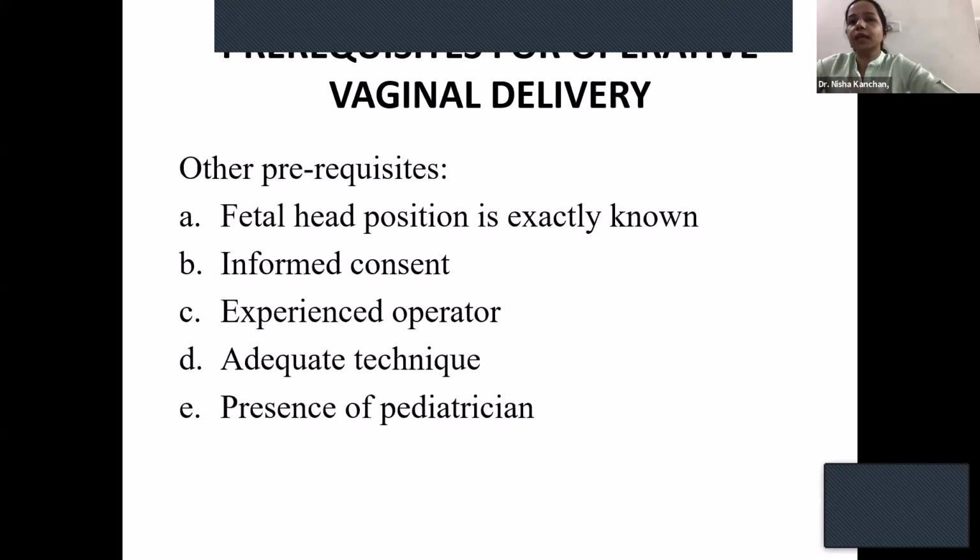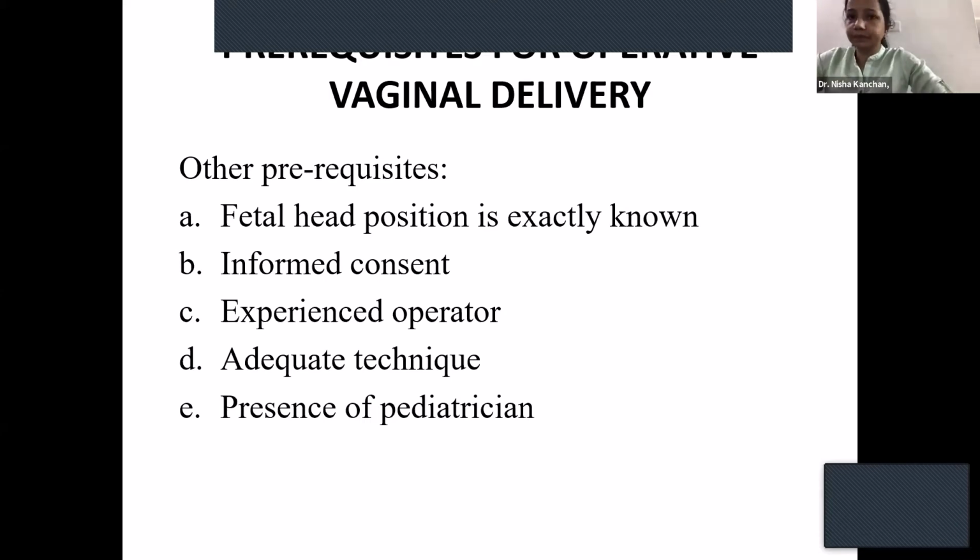So other prerequisites are, even if it is not occipito-anterior, you should be very clear about the fetal head position, which is actually the difficulty. It is not very easily found out when there is caput. When there is swelling, all your fontanelles, sutures, everything gets obscured. So in expert hands, you can also put forceps for occipito-posterior. Okay, so your second prerequisite of occipito-anterior is not absolutely necessary, but you should know that it is occipito-posterior when you put your forceps, because your direction of forceps pull is going to matter.